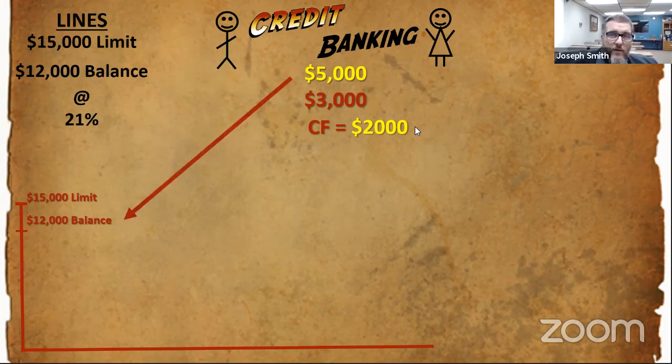Things are going to move very quickly, as fast as the airplane, right? So the airplane comes in and we're putting all the money. What happens to our $12,000 balance when all of a sudden we just dropped $5,000 on there? When we do that, we can't forget that we've got to put $3,000 of expenses right back on our card. But do you see our balance has dropped to $10,000? We started with a $12,000 balance, and in one month, we're now down to a $10,000 balance.